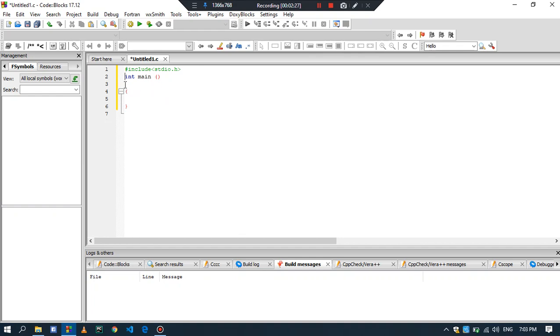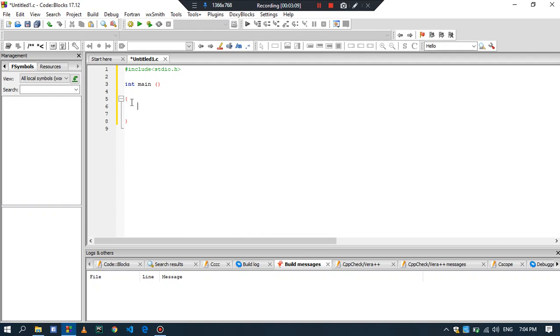Spaces don't matter. This is also okay, and this is also okay, but adding spacing makes it look better. Now, in these two curly brackets, our whole program will be written. When this bracket starts, it means our code started from that point. This is the main library statement, this is the main function, and it comes in every C program. And after this bracket our program starts, with what we want to do.